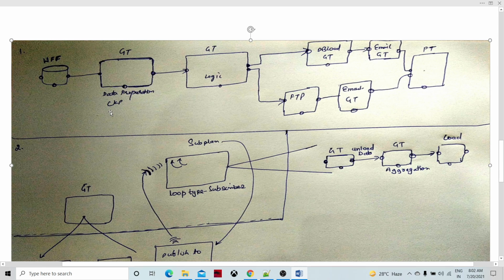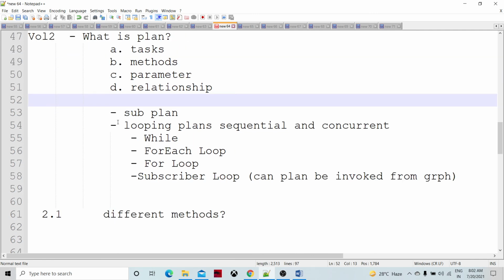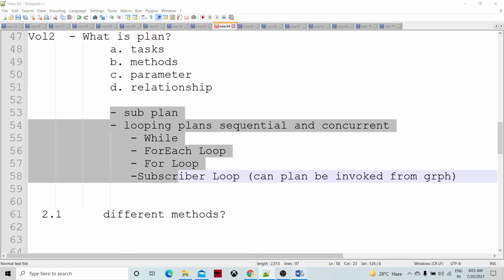Okay. So we have understood what a plan consists of: the tasks, methods, parameters, and relationships. Then what is a sub plan? Before doing the subplan, let's complete the first example.